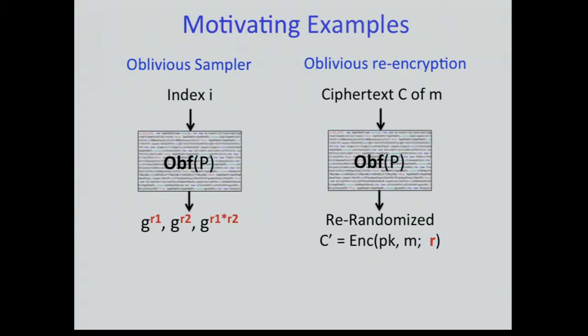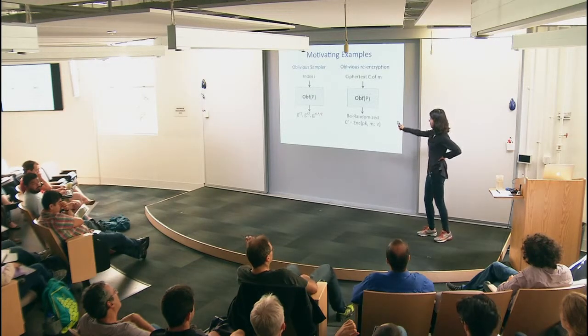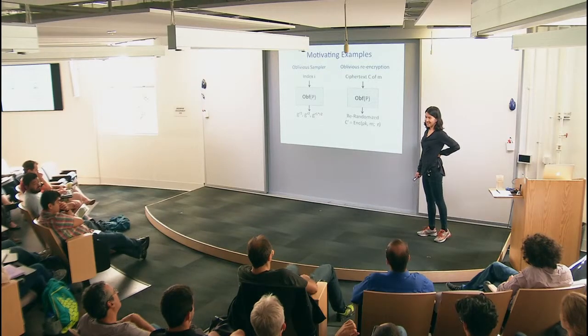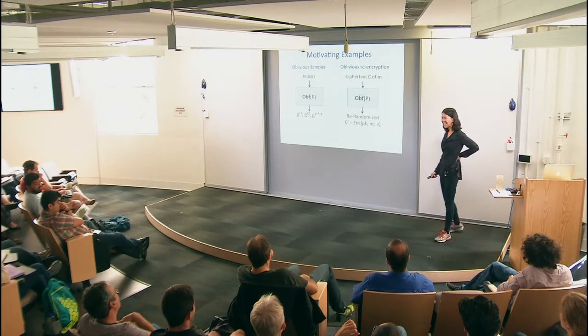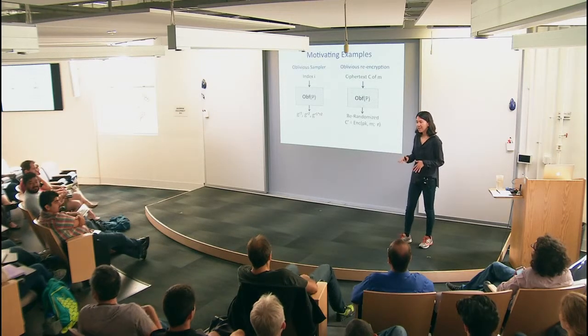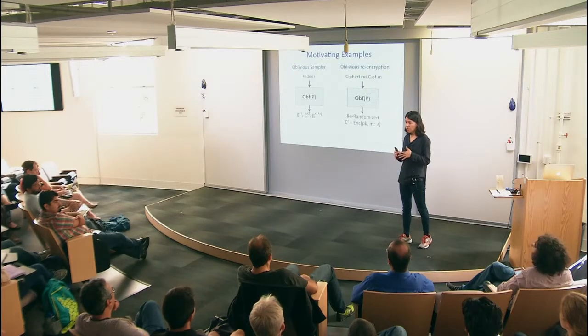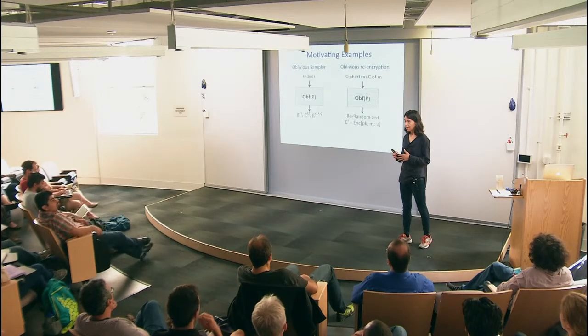If I did the trick from today's resettable stuff and put a PRF inside with a key, applied the key to the input and used that as the randomness, that would also be okay for these applications. That's exactly going to be our construction. The construction is extremely simple. The question is, what kind of property does it give us?